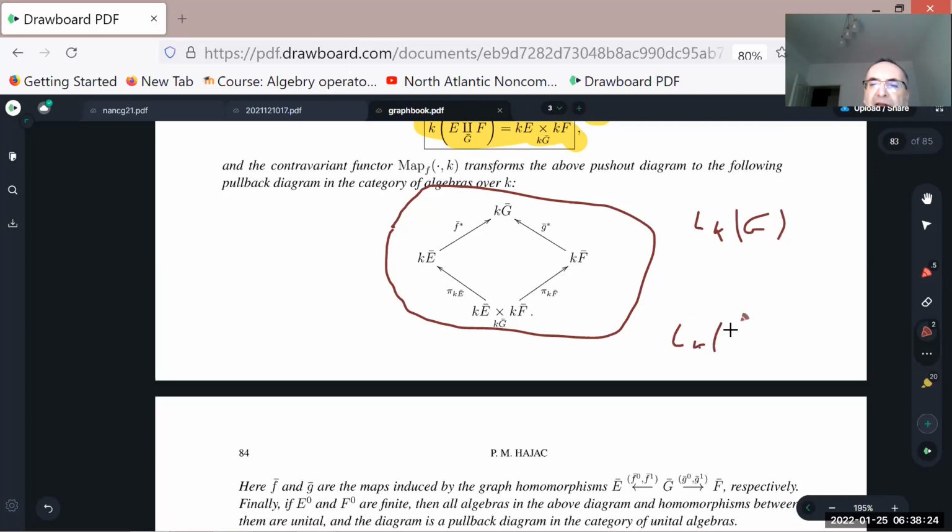LKE, pullback over LKG, LKF, and here LKE, here LKF,